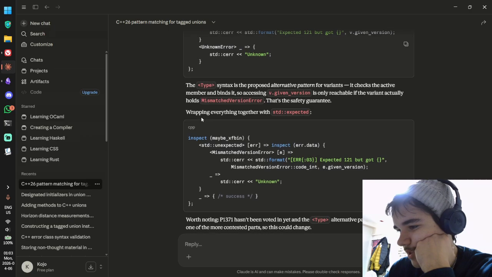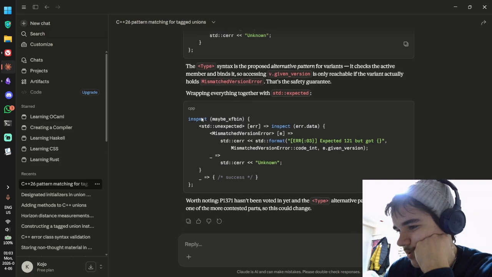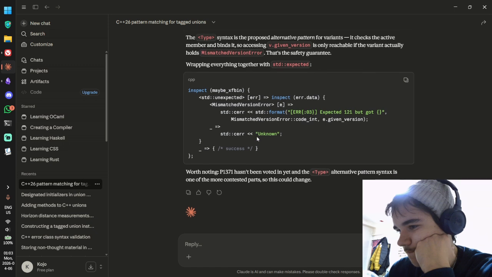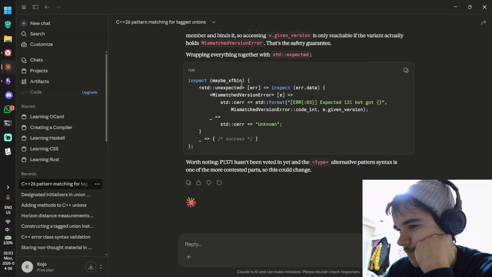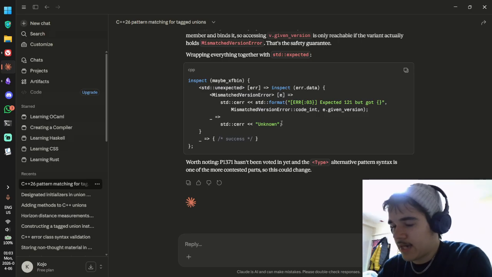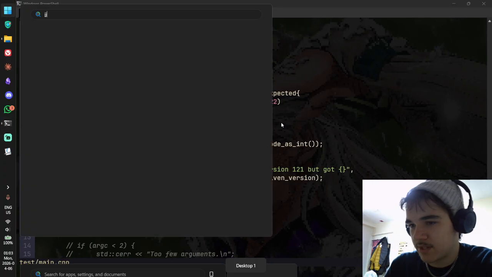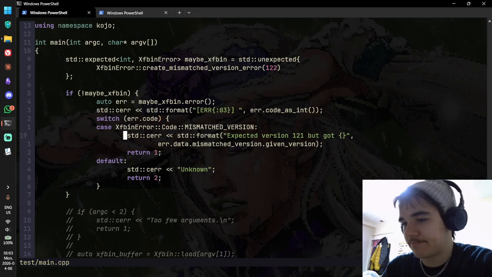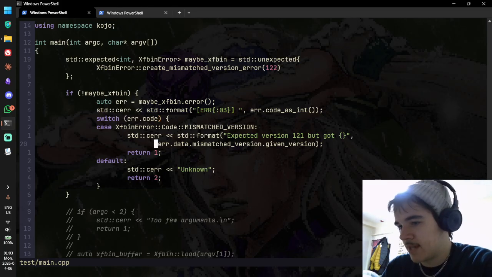Okay, or this. Well, same thing. Yeah, so not as nice as Rust, but still not terrible. Anyway, for now, I think this is probably the best I can do. Unless I had like